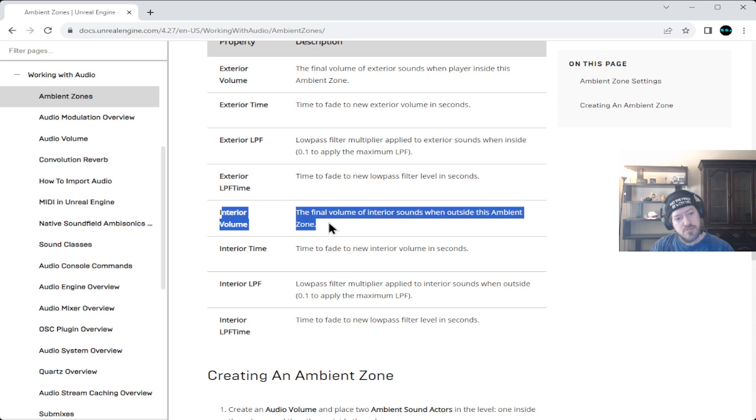Well, the interior volume would contain it for that one zone, but you might need to have more. The interior LPF would be what controls what you hear outside. Right. So you might need multiple zones that continue to reduce down the interior volume.